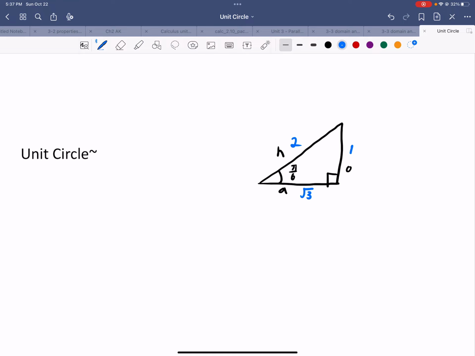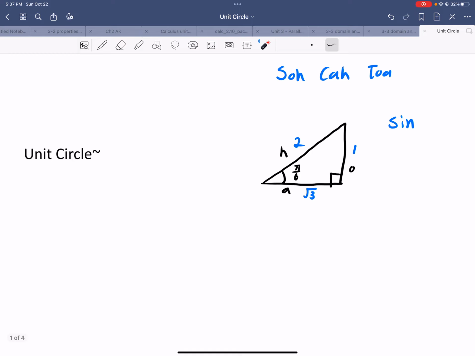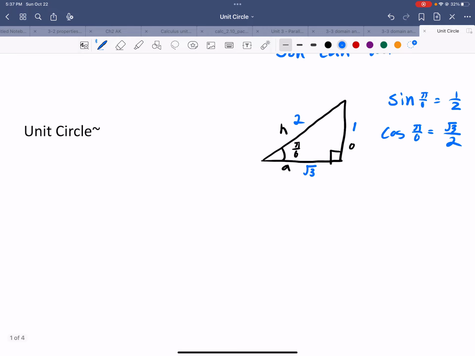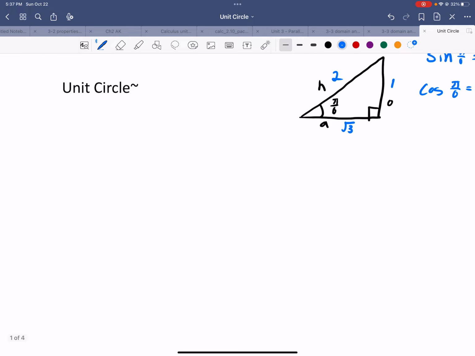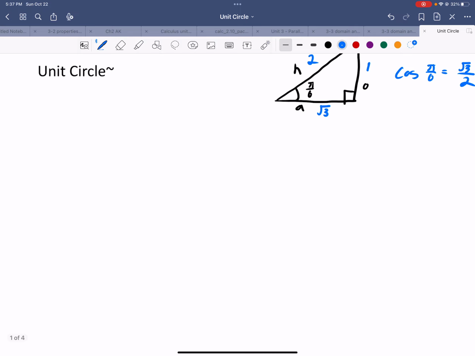Because of this, when you do the sine, you have to know SOH CAH TOA. Sine is opposite over hypotenuse. So sine pi over 6 is 1/2. Cosine pi over 6 is square root of 3 over 2. So that's one thing that you have to know. And the second triangle that you have to know